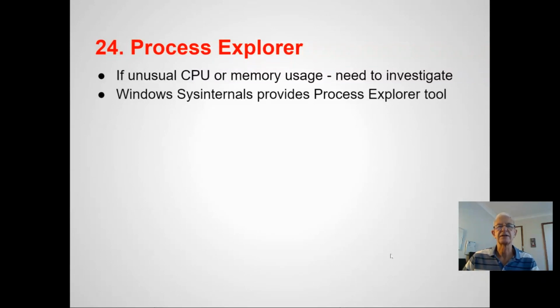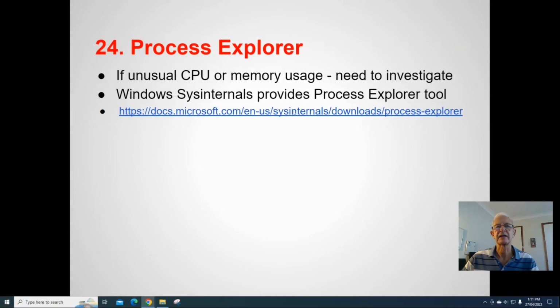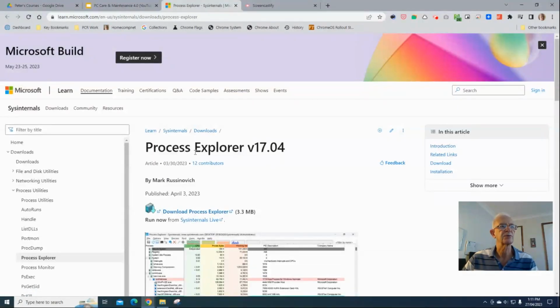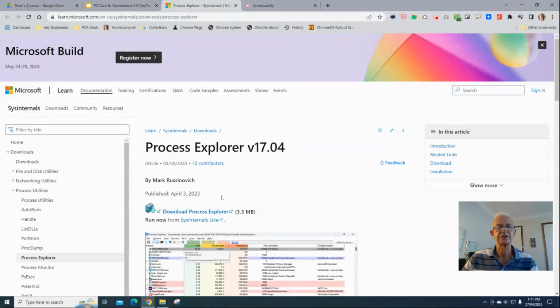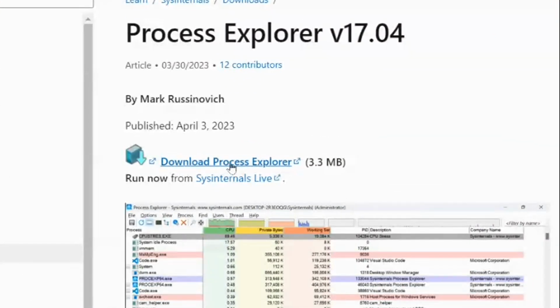So Sysinternals, remember this is the company that built a lot of tools and then sold out to Microsoft. And that's why the link here to the software includes a Microsoft domain, because it is now part of and fully supported by Microsoft. So if we click on this link, it will take you to the web page for Process Explorer from Sysinternals. And like we did with Autoruns, you can click on this link here, download Process Explorer,